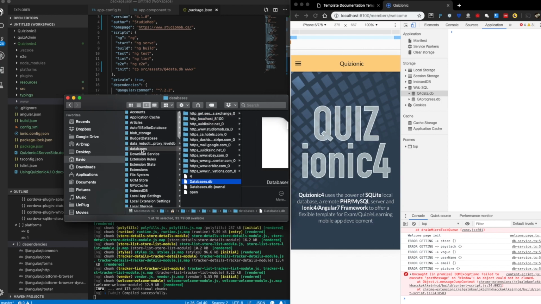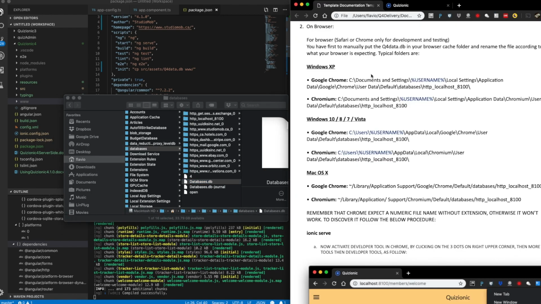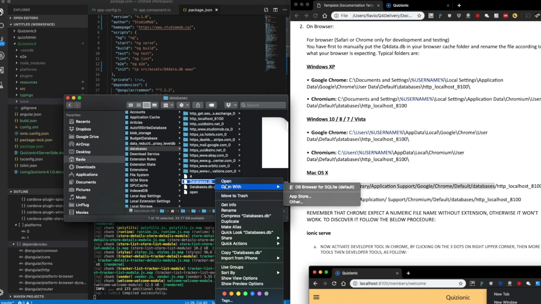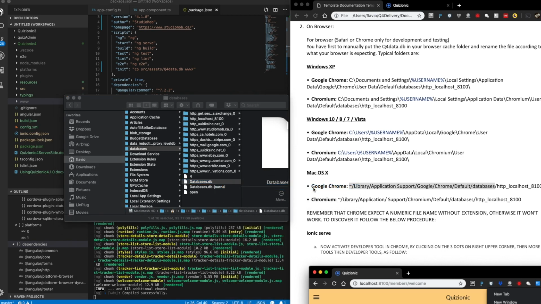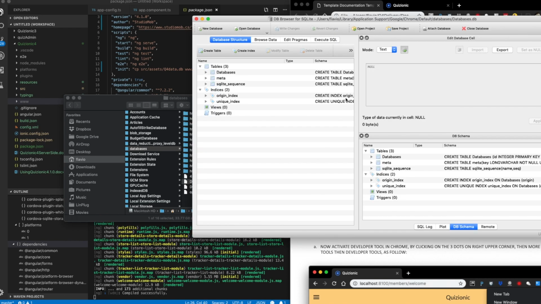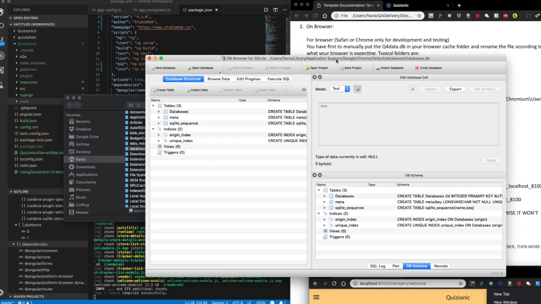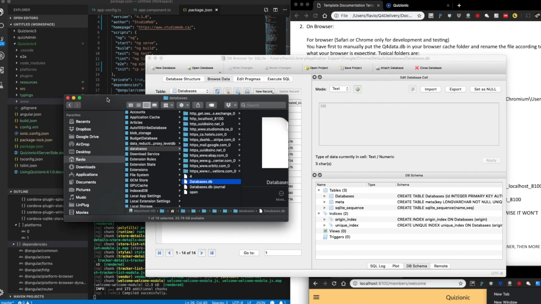This is the database folder. Let's just go back here for a moment. So I'm here, right, in this folder, databases, and there is a database.db file. If you have the DB Browser for SQLite, which is a tool that is free, by the way, guys, you can grab it. If you open it and you go into the browse data of that file,